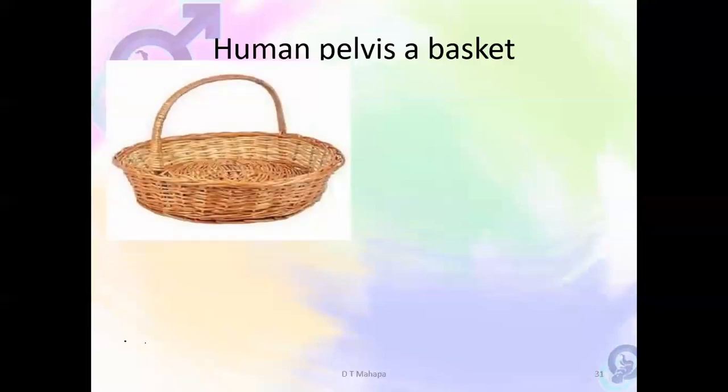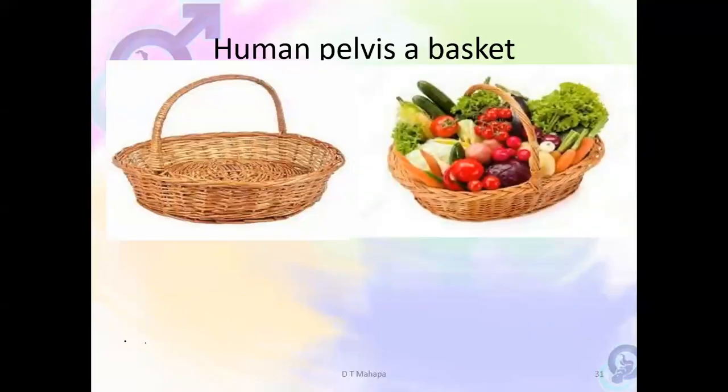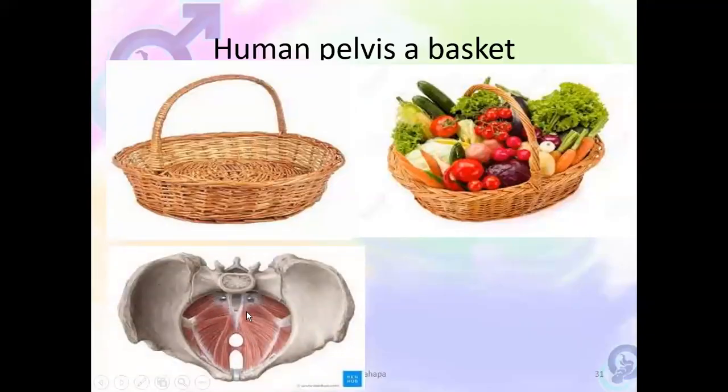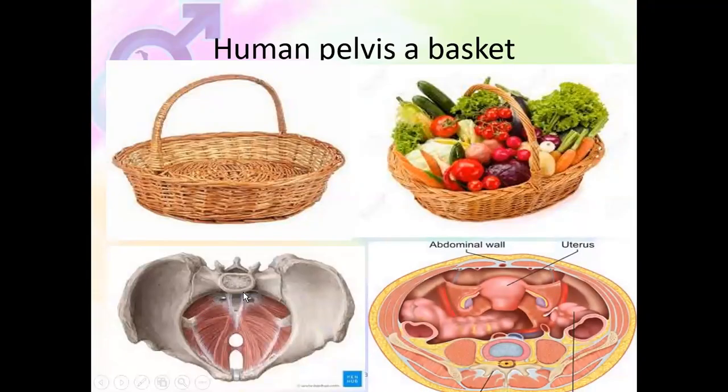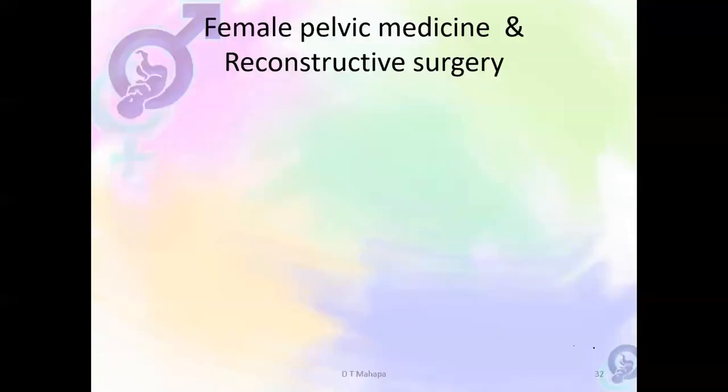Or an analogy to explain it further. Take the pelvic floor to be like a basin. If you put fruits in a basin, depending on how much you put inside, there's always a maximum amount you can put inside the basin. If you put more, you are going to injure the floor of the basin. So you must just put enough. If the pelvic floor is the basin, the fruits are the organs inside the pelvic floor. If the fruits are not heavy, they're not causing heaviness, and there's no increase in intra-abdominal pressure, then there's no problem.